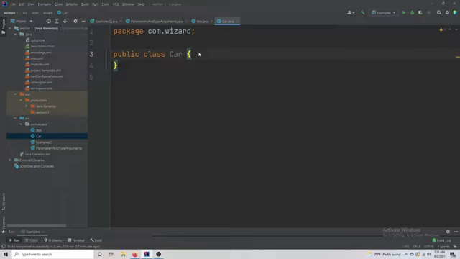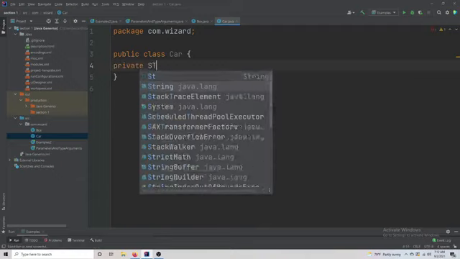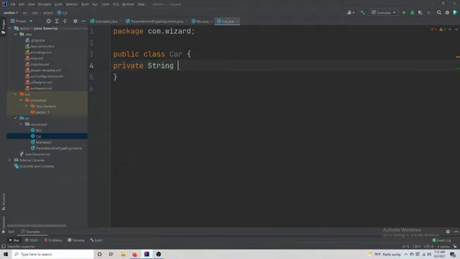So let's create some properties over here, and I'm gonna say this is private string, and this car, let's say this is type. Which type of car is this? Okay, so this is gonna be type. Then after that